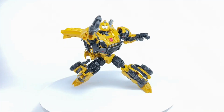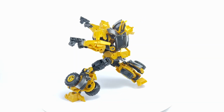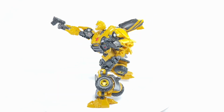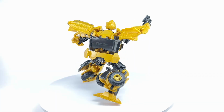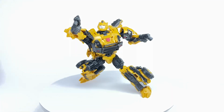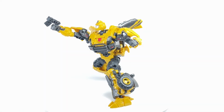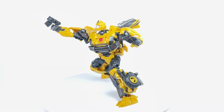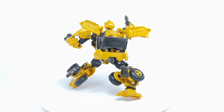Articulation, well, it's a little bit lacking in the torso area. It's a small, minor complaint for me. I wish they could have put some extra swivels or a waist swivel somewhere there. The transformation for this figure, admittedly, is way better than some of the engineering we've seen for a lot of the Studio Series Bumblebee figures, and to a certain extent, some of the Generations figures. But it is still a little bit challenging. It could put off some collectors who are really looking for a more seamless transformation for a Bumblebee figure. But nevertheless, once you transform the figure properly, a sweet looking alt mode and robot mode is waiting for you